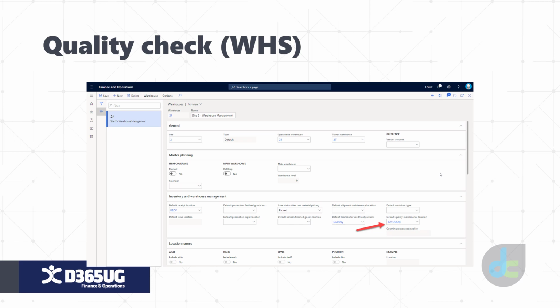The best way to think about this is, if you're receiving stuff in on the dock and something has clearly been physically damaged, you would have a quality check there for, is the box damaged, or something along those lines. And if it is, not put it away, but move it to a quality check location to see if it's just superficial damage or if it's something that needs to be returned.